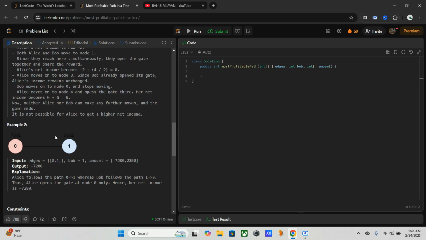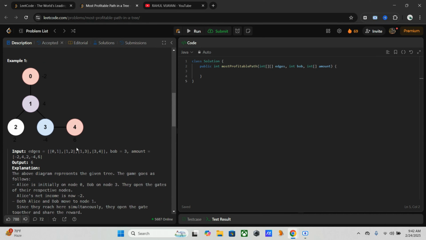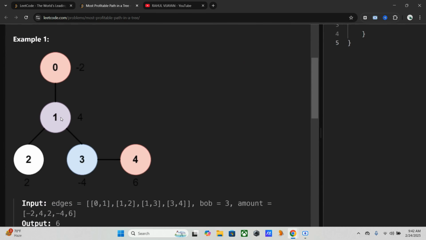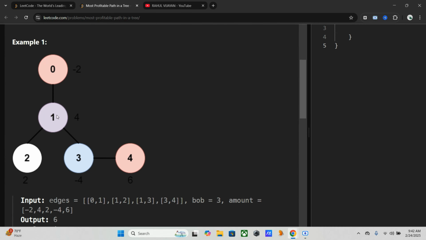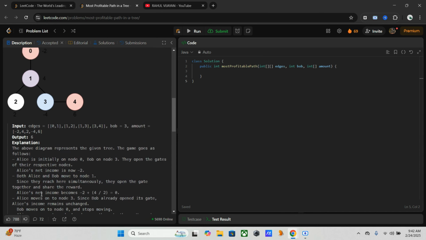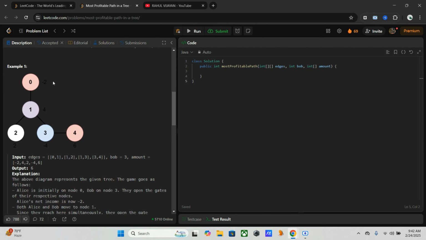Okay, here I don't know whether you can see or not. The edges are 0-1, 1-2, 1-3, 3-4. That's the path given. Here Bob equals 3, so Bob will start from node 3. Here they open the gates of their respective nodes, and Alice is initially at node 0,